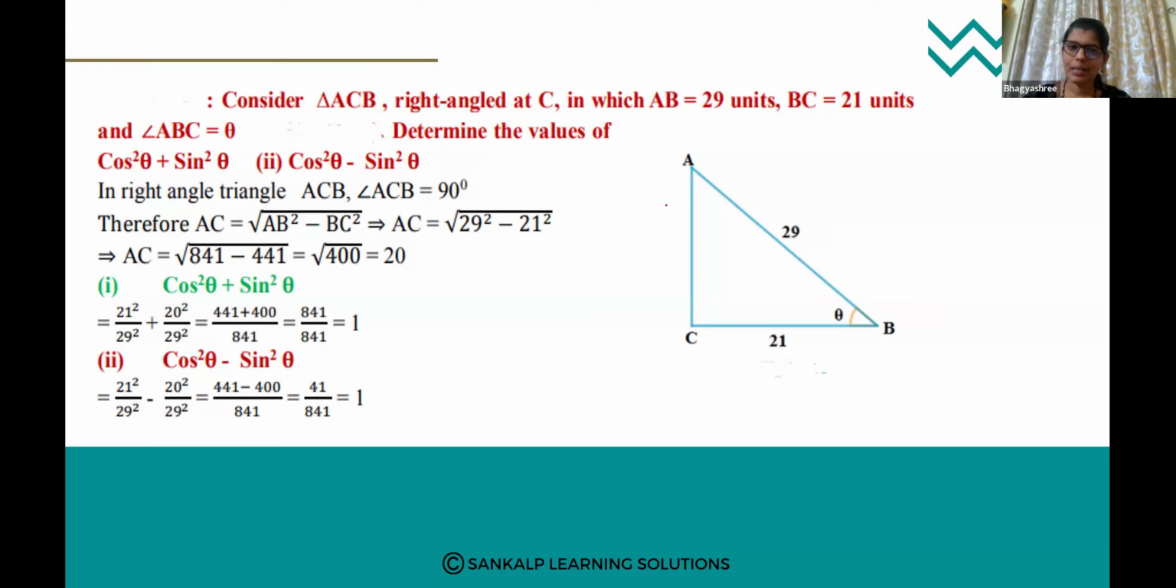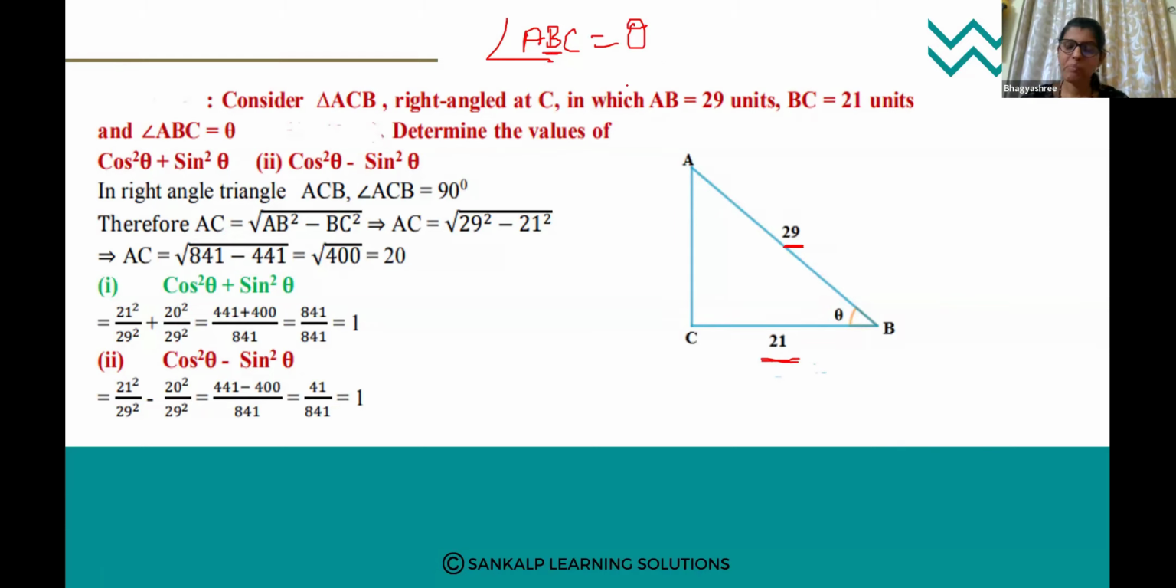Consider triangle ACB, right angle at point C, in which AB is equal to 29 units, BC is equal to 21 units, and angle ABC is theta. That means at point B, it makes an angle theta. See here, angle ABC is equal to theta means at point B, it makes an angle theta, right? Determine the values of